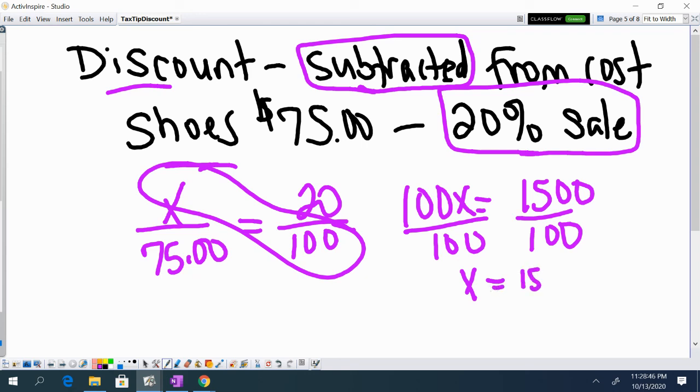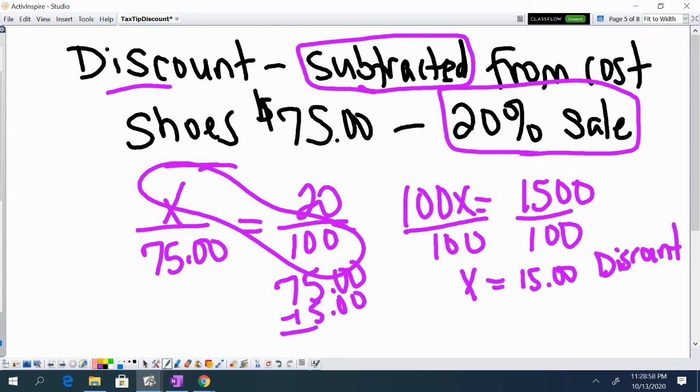So this is my discount. That's how much money I subtract from the cost of my shoes, making the total cost of my shoes $60 because they were on sale. So again, this is actual math, and we will